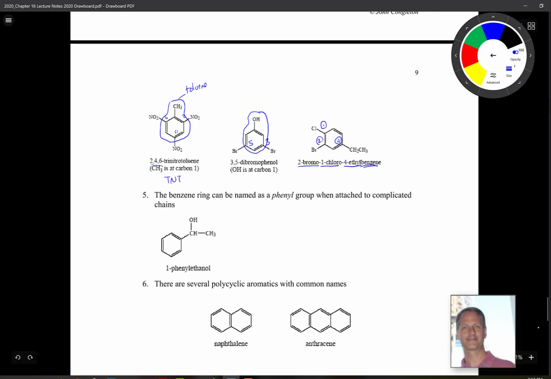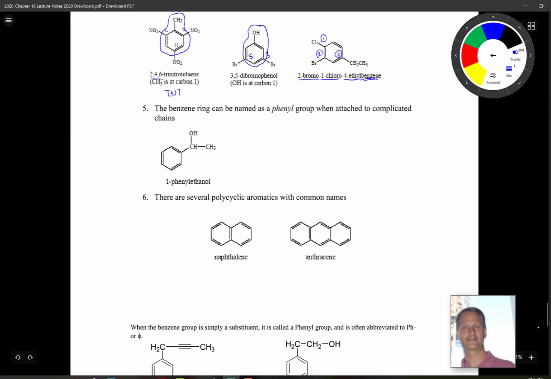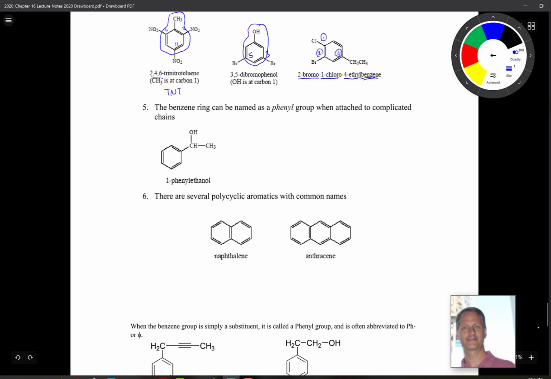Occasionally the benzene ring itself can be named as a phenyl group. In this example, we have ethanol, and sticking off of that carbon we have a phenyl group, so 1-phenylethanol. Wrapping this up, you can see this nomenclature is fairly straightforward. There are a couple of polycyclic aromatics that you need to know also. Naphthalene is an aromatic compound that's often used in place of benzene these days in some labs,